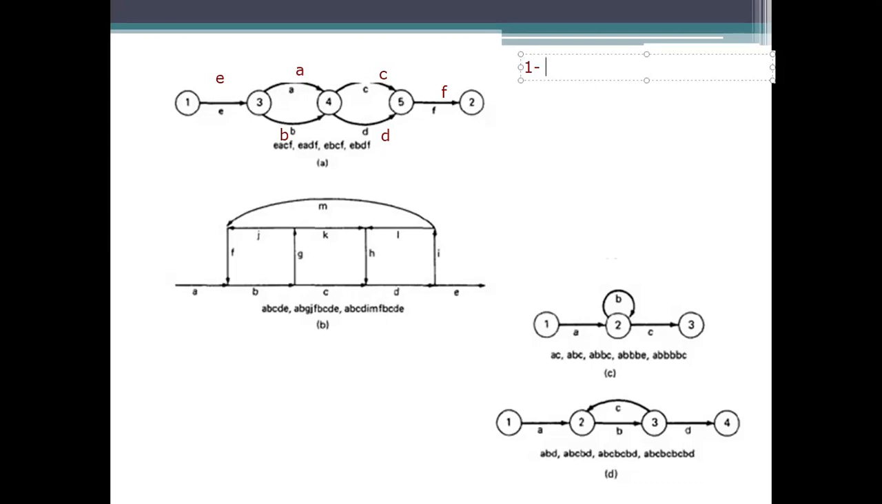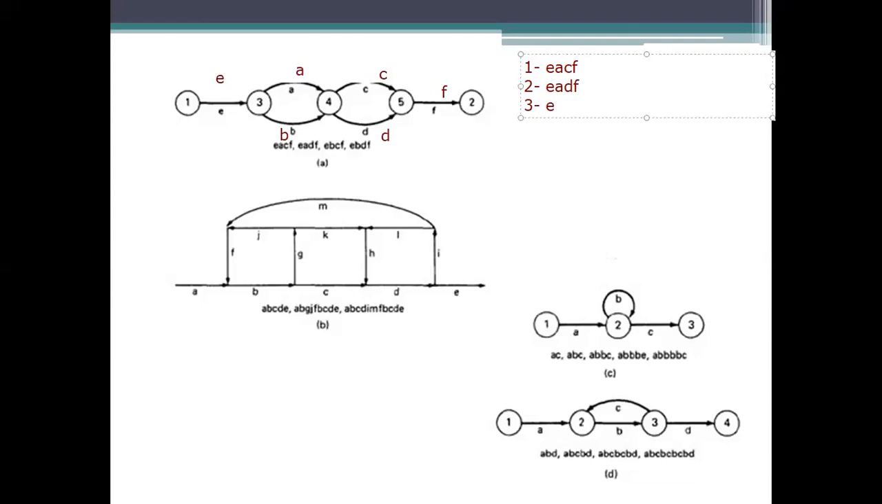So here I am choosing E, A, C, F, which are the consecutive ones. The second path here, I am starting with E and then I am choosing A and then going for the D and then F. Okay. Next, the third representation here is